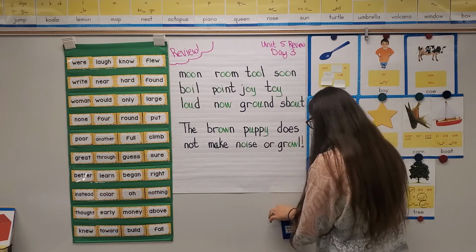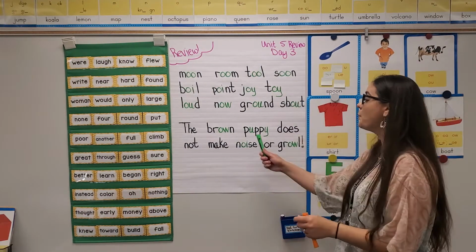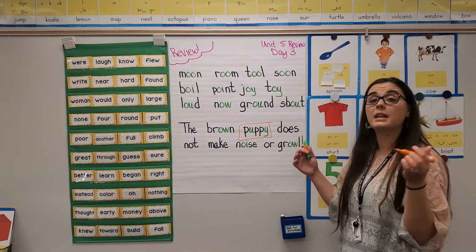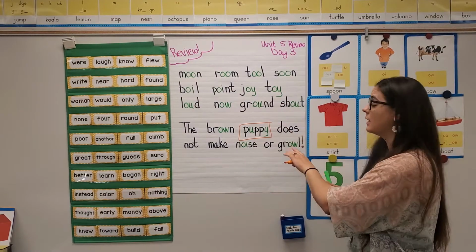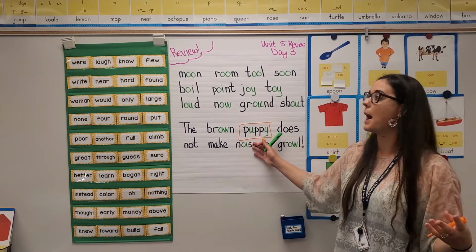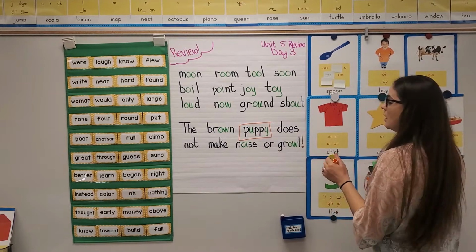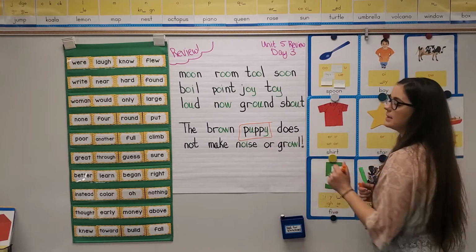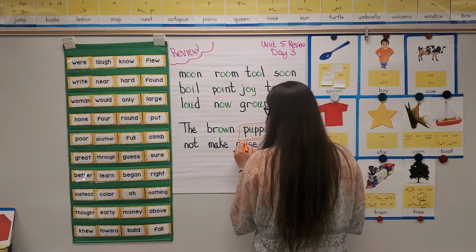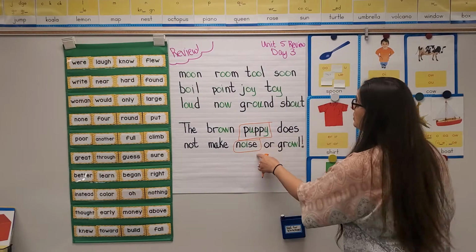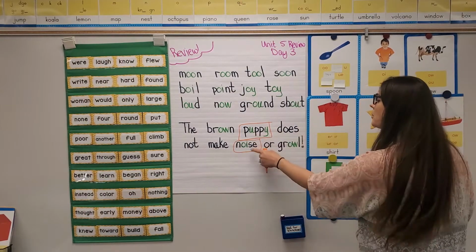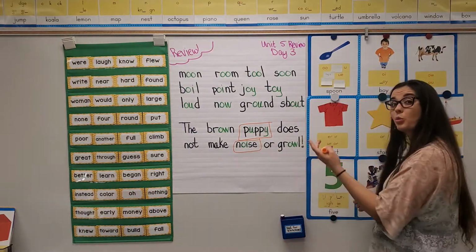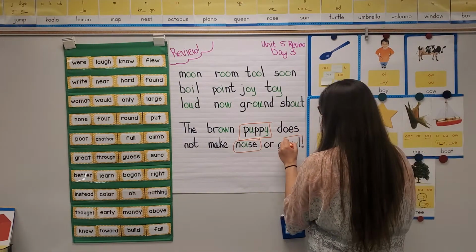All right, so let's do some nouns and some verbs. So puppy. Puppy is a thing, which makes it a noun. We know that a noun is a person, a place, or a thing. So puppy, the type of noun that puppy is a thing. And noise is also a noun. I bet we thought it was an adjective, but noise is a noun because it's just a thing. It's just a thing that is. And that means growl is also a noun.